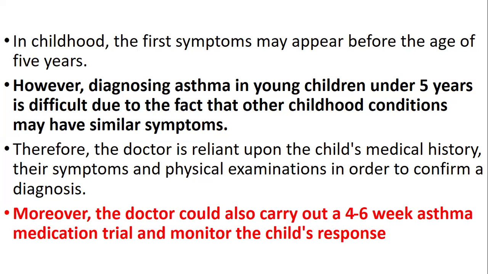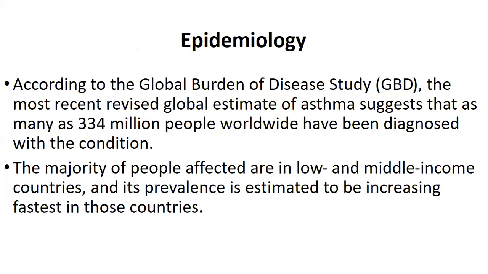Then the doctor will prescribe these medications for at least 4 to 6 weeks and see if the child responds positively to these medications. If the child responds positively, then it will be clear that the child has asthma